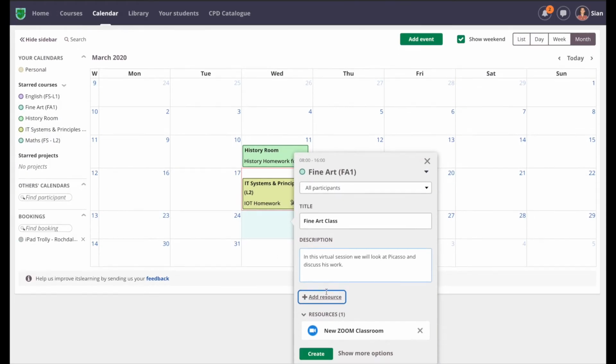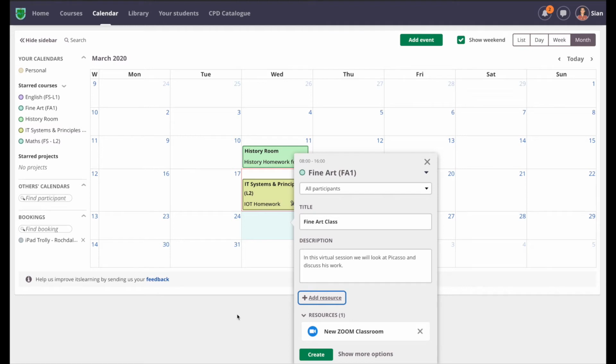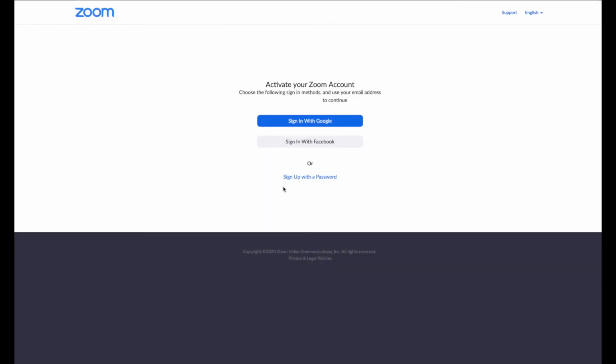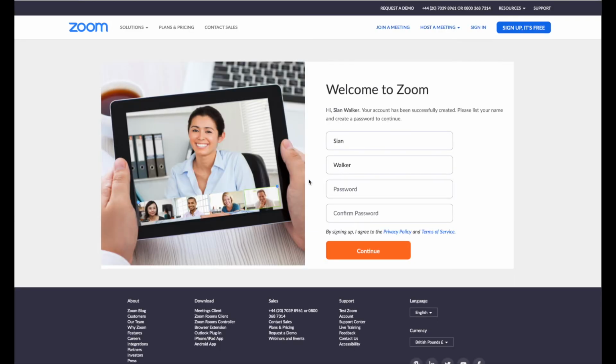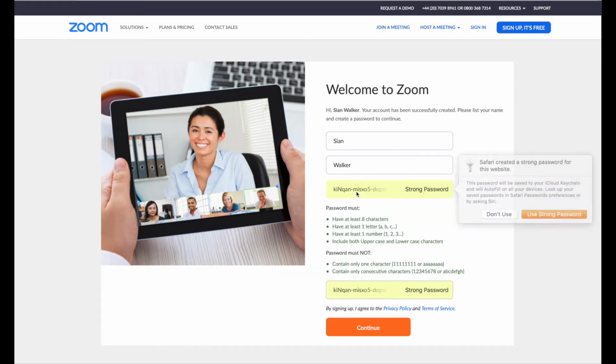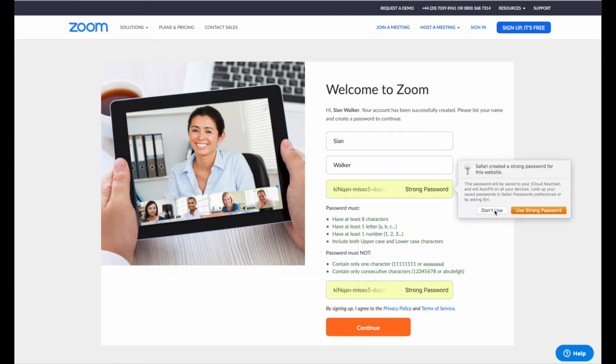Once clicked, you'll be back to It's Learning and you can select the Zoom resource from the calendar event you've just created. This will take you to a login page. You can choose to log in with Facebook or Google. I'm just going to use the normal bog standard email. It automatically fills in the name and you can use any password. In this instance, I'm just going to use the one recommended by my computer. On pressing continue,